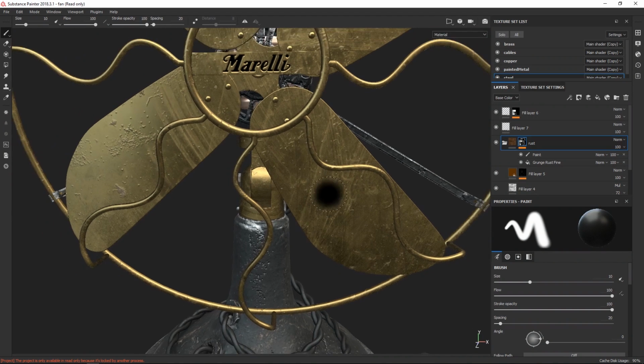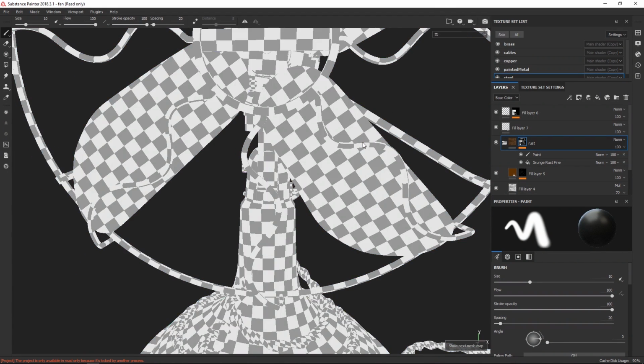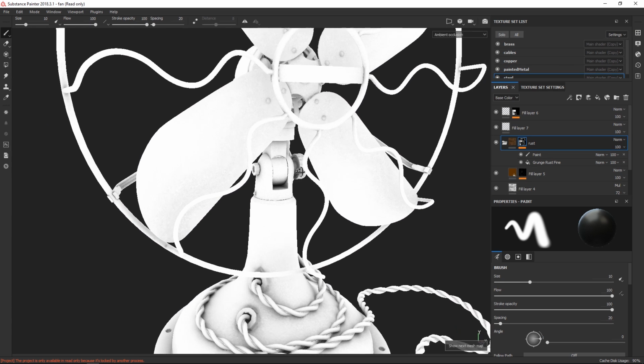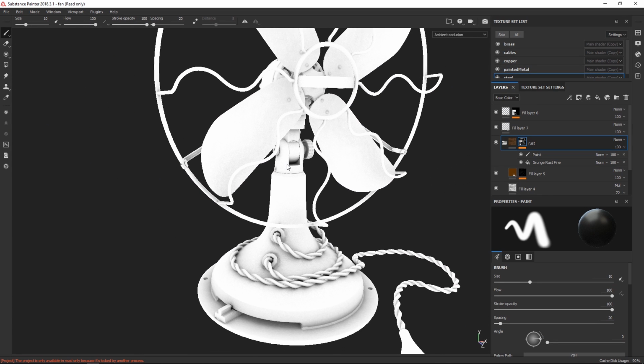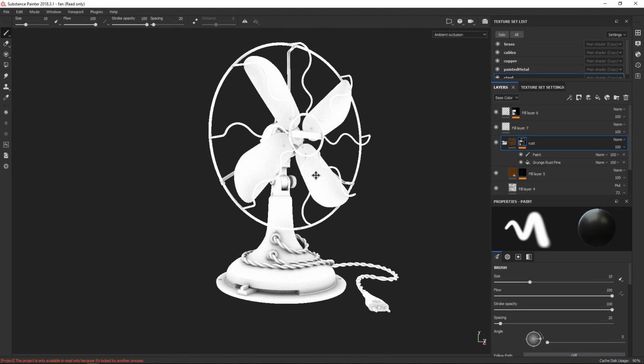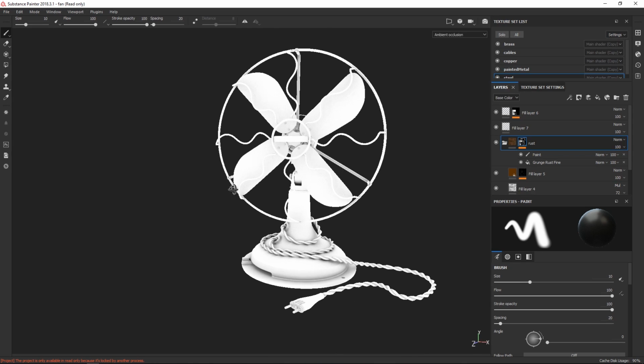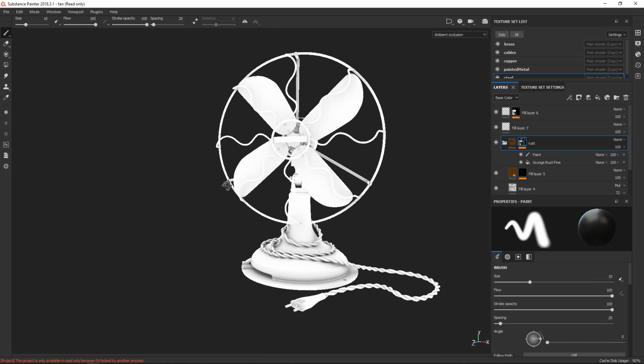Then we have ambient occlusion. Let's go to ambient occlusion. Ambient occlusion is often confused with a lighting map because it has often been used to fake something like global illumination or ambient lighting. And it looks really cool. It's one of these where you can present your model like this and you can very easily see what's going on without any lighting interfering or any shadows or anything like that.